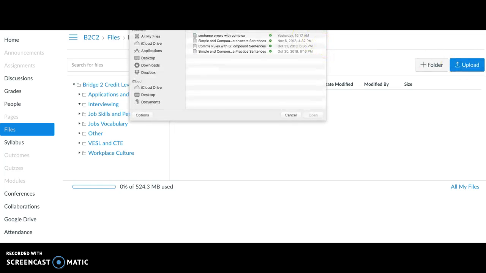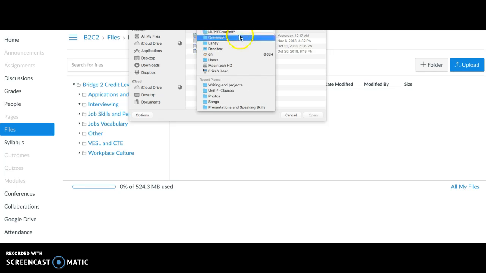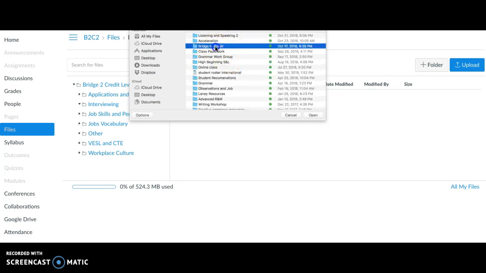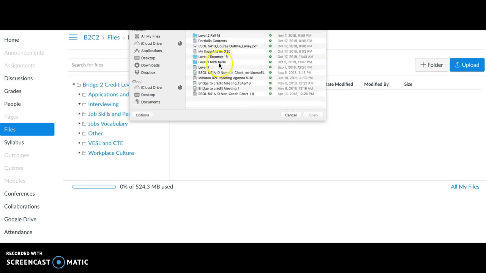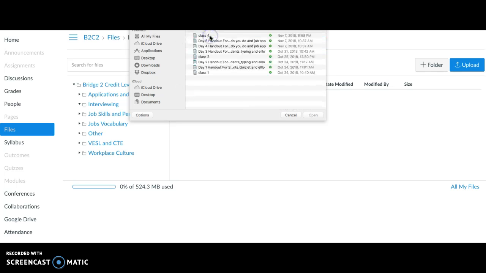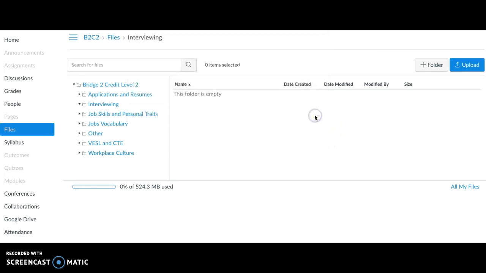From here, I can choose the file that I want to upload. So I'll go to Bridge to Credit. And let's see, I'm gonna upload my last handout. I'm going to click open,